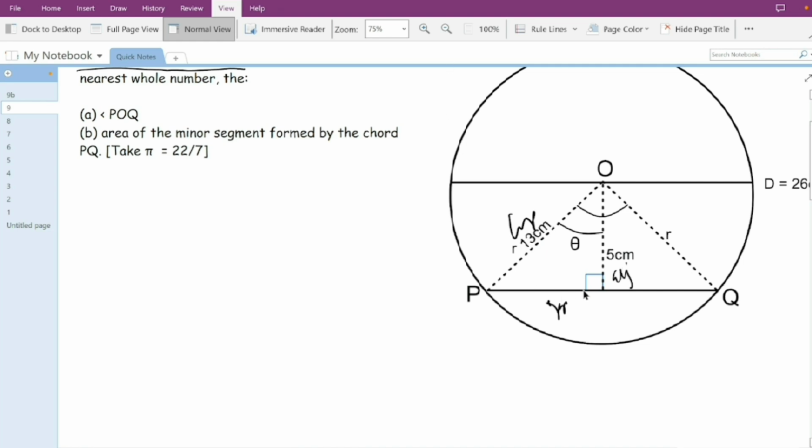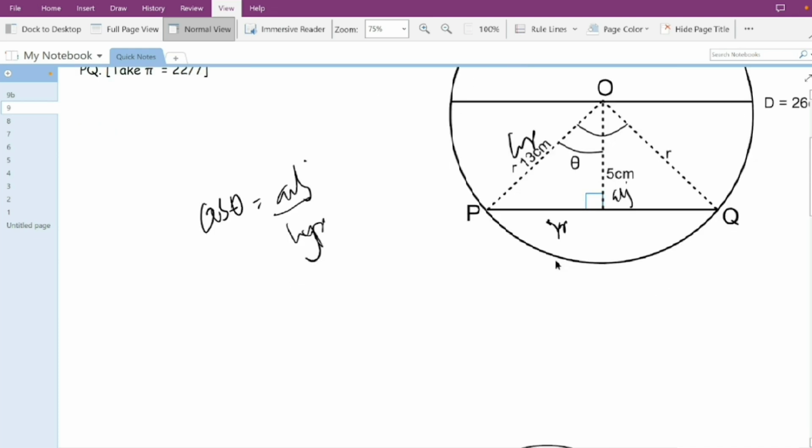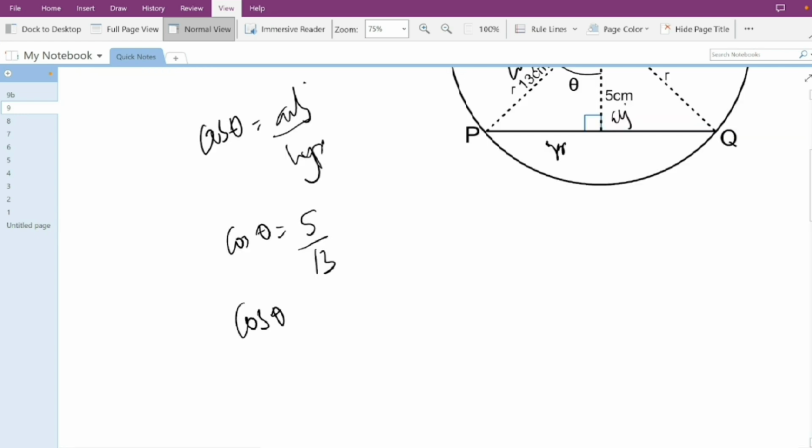With the hypotenuse and the adjacent we can find the angle. We don't need to have the 3 sides, we just need 2 sides and the angle we're looking for. So what combines hypotenuse and adjacent? We know of the Pythagoras theorem, it is cos theta that combines the hypotenuse and the adjacent, which is adjacent over hypotenuse. That's cos theta is adjacent over hypotenuse. With that we can find our angle, which is cos theta equals, our adjacent is 5 and our hypotenuse is 13. Cos theta equals 5 divided by 13